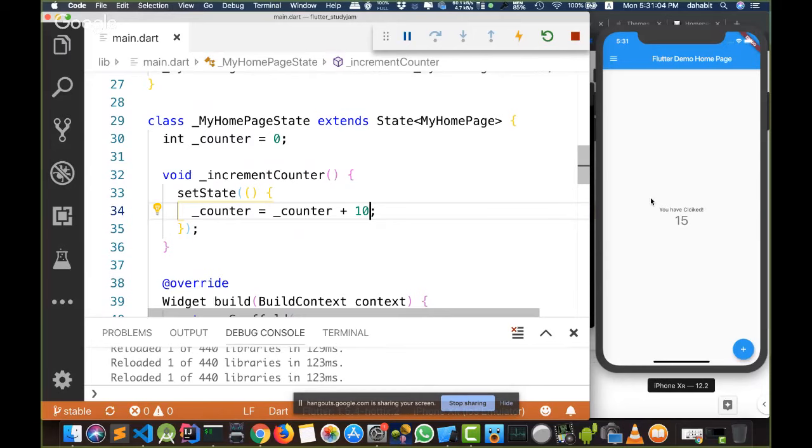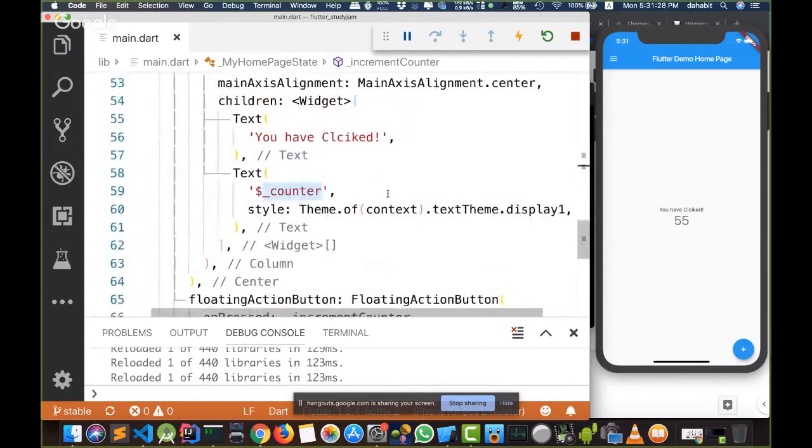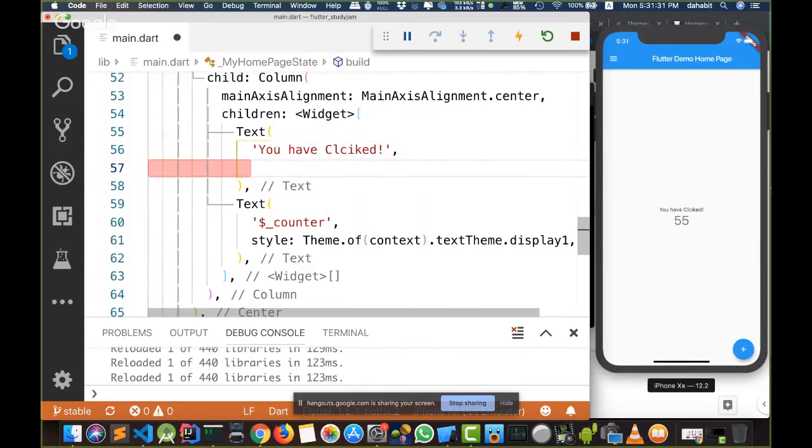What's the value for this counter? If I click this plus button, let's see, it increased by 10. Even though I changed the logic of my application, Flutter keeps the state as it is until I ask it to change the state or rebuild the whole tree, or the tree of widgets that I am using. And for example, if we go to the message that appears here, if I want to change the style for this message, which widget should I use? Which one? Can anyone guess?